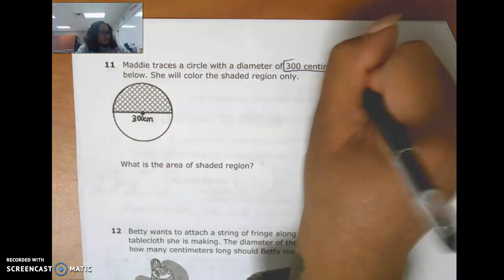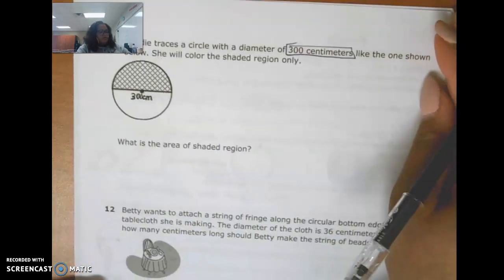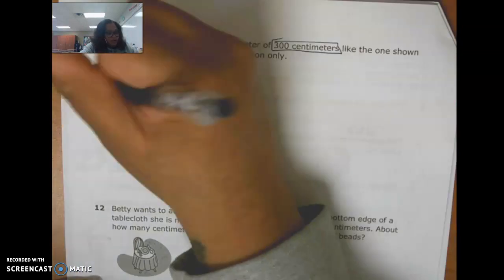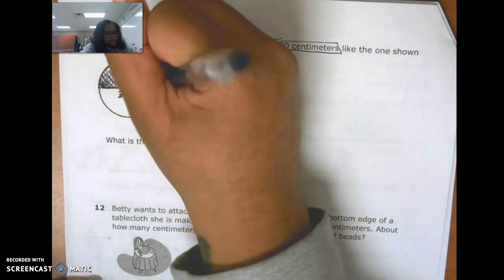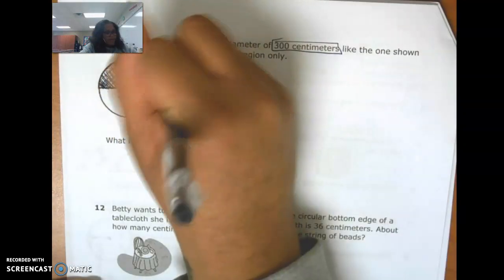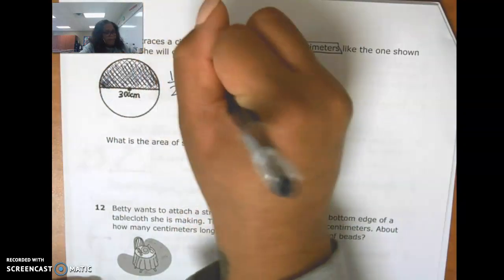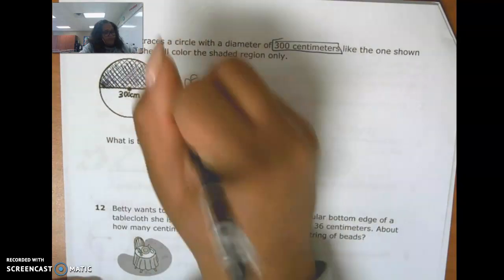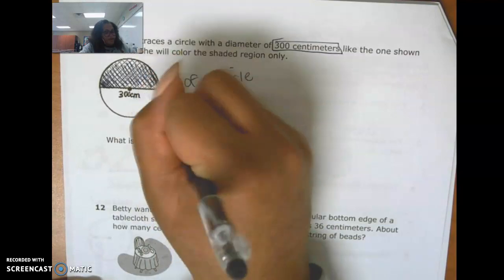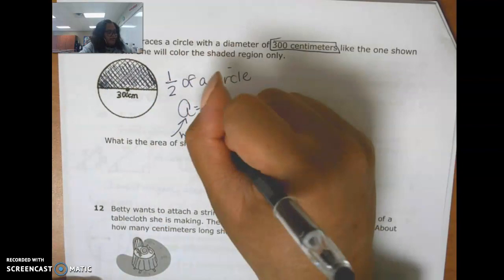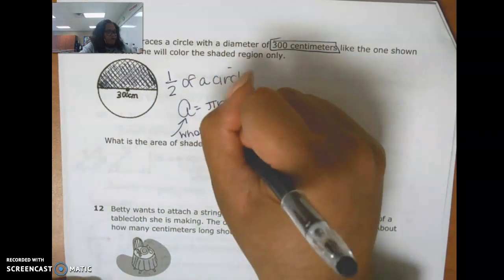11. Maddie traces a circle with a diameter of 300 centimeters, like the one shown below. She will color the shaded region only. If I color this in, I'm only shading in half of a circle. But when I find area, I use pi times radius squared, and this is a whole circle. So in order to find half, I need to divide by 2